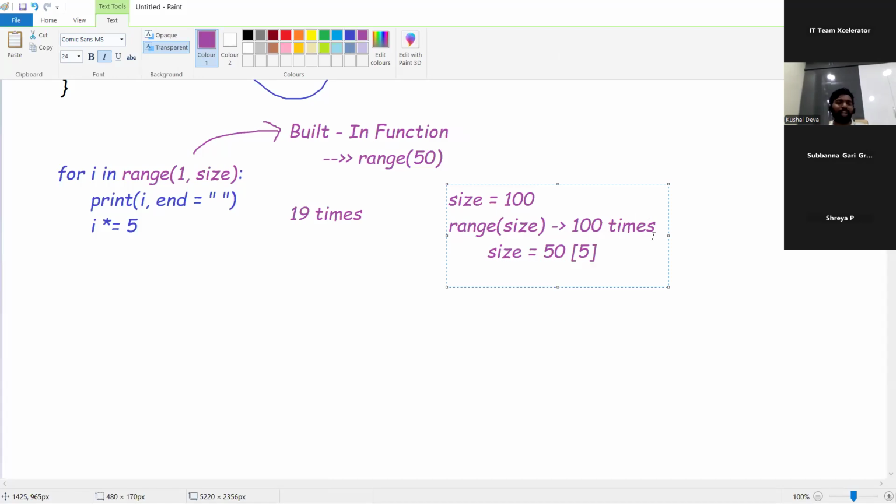We expect that to be running for 50 times only, but that won't work in Python. You are running on this range function. Once range is defined, it would be fixed. Even though the size value would be modified, it will not reflect on your loop. So this is the main thing we need to observe: whatever you provide to range, that would be fixed, no matter the changes you try to do over there.